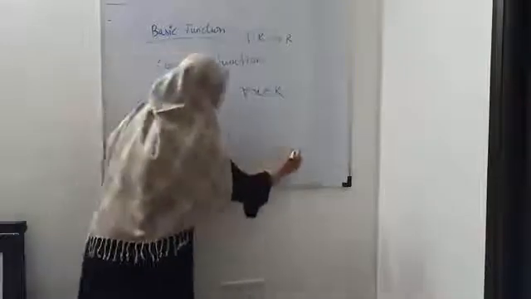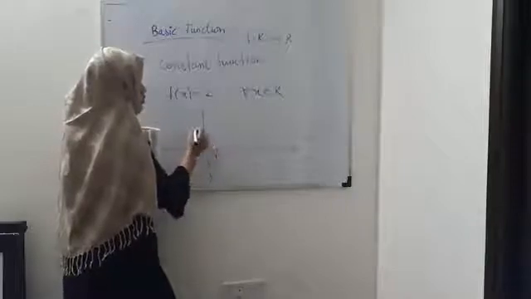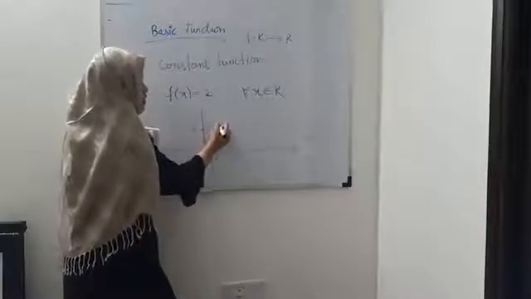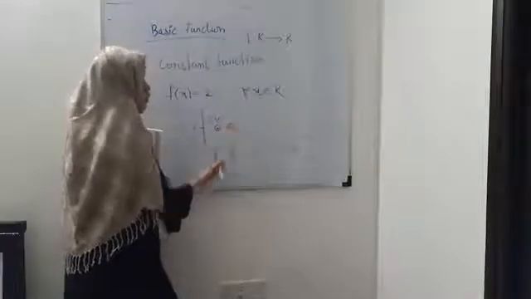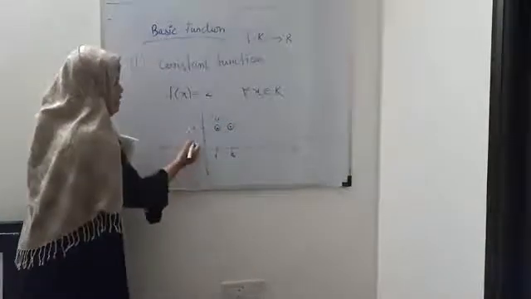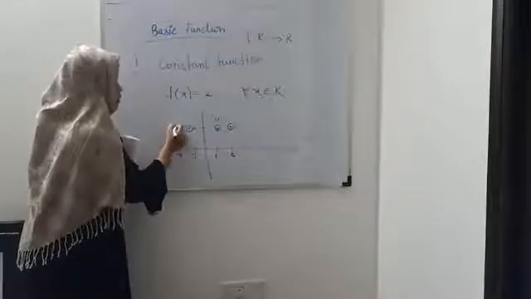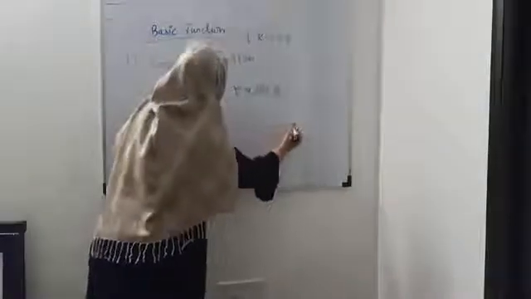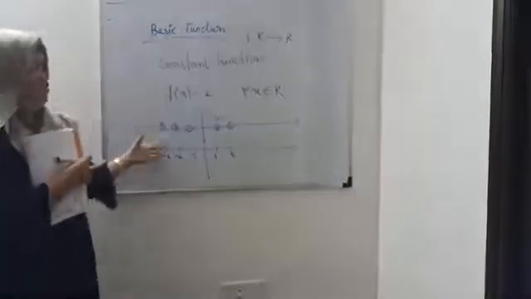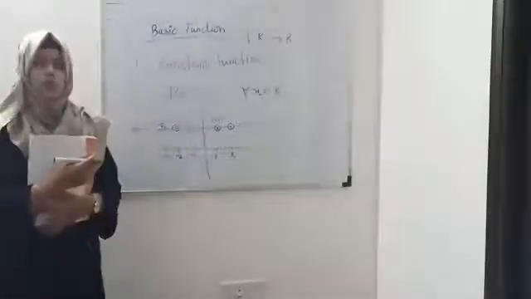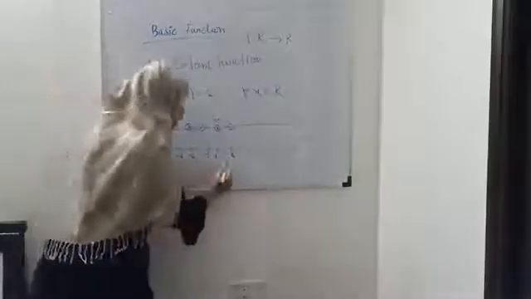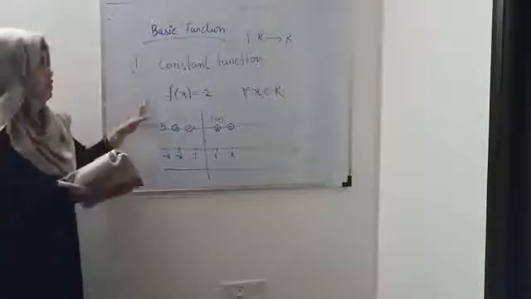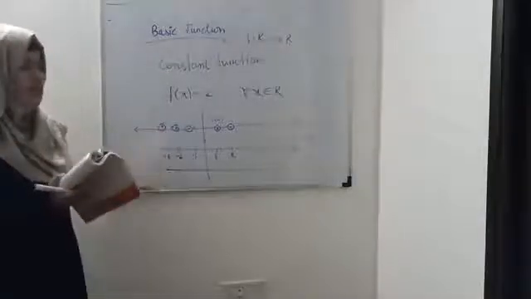So what will its diagram look like? If you take x as 1, it will give you 2, so the point is 1, 2. If you take 2, it will give you 2. For every point, if you take -1, it will give you 2. If you take -2, it will give you 2. If you take -3, it will give you 2. Right? So it will give you a straight line. So this is the constant function, f of x equal to 2. If I take f of x as -2, the line will be over here. Right? So this is called the constant function. So the graph of the constant function is like this. Okay?